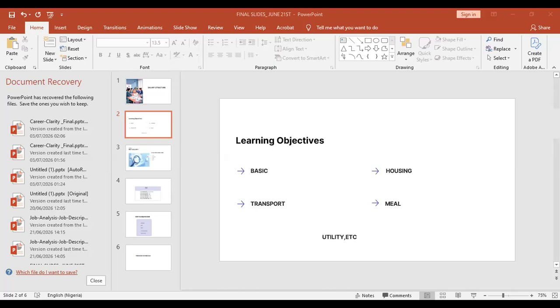Gross is the total of everything. These deductions will be removed before we get the net. That's why I'm saying it's gross. I think I was the one that said net, but I quickly changed it to gross. So it's gross because at this point, this is the total package. No deductions have been made yet.